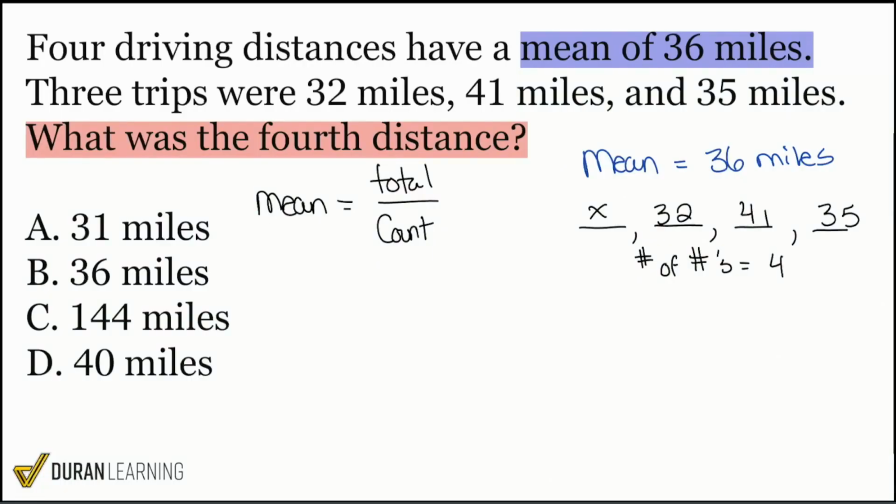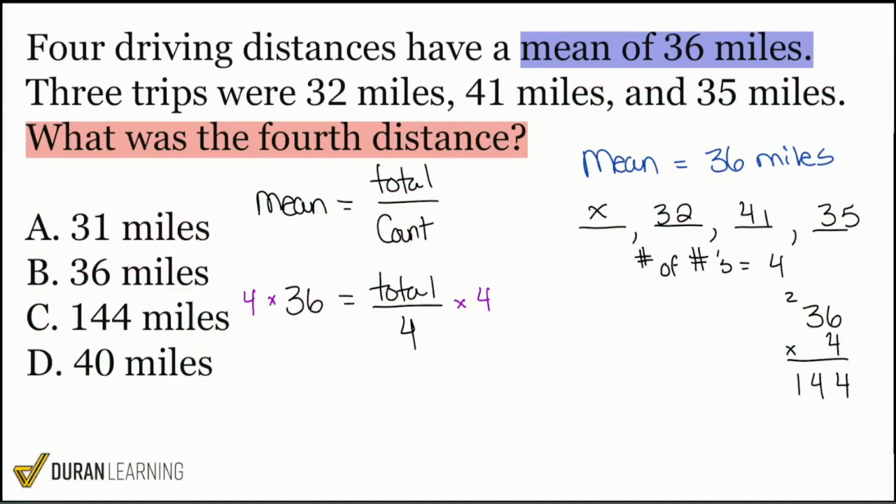We have the mean being 36. We have the total right there. And then we have 4 is what we're dividing by. So let's go ahead and show you what that looks like. We'll multiply by 4 on both sides right there. 36 multiplied by 4, we can do that on the side. 6 times 4 is 24, carry the 2. 3 times 4 is 12, carry the 2 is 14. So we have